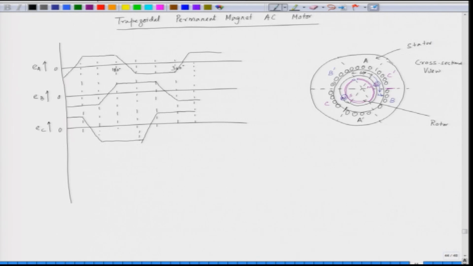Now, when we have the 3-phase stator and the rotor is rotating, we have to inject current into the stator so that the torque ripple is minimized. The induced EMFs are trapezoidal signals with a duration of 120 and 120 in the negative, and the transition occurs over 60-degree. So, we will now discuss the current which has to be injected into phase A, phase B and phase C, so that the torque ripple is minimized. The relevant calculation for current and torque we will take up in the following lecture.